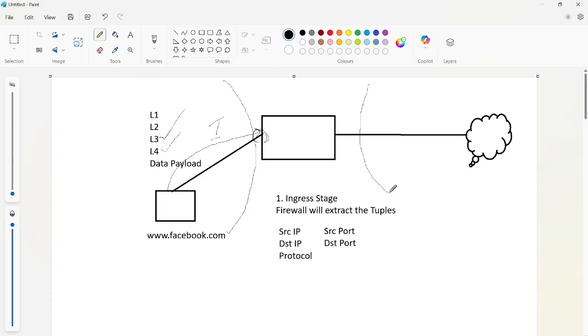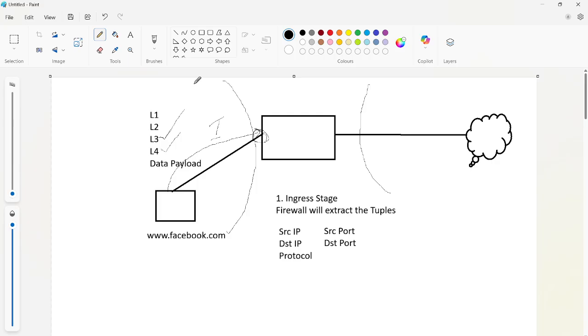Separating the traffic. Any other answers? To minimize the area of attack. Yeah, okay. Whatever you said, to separate the traffic or to protect from attacks, that's all correct.